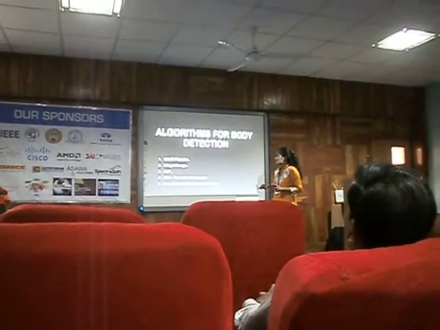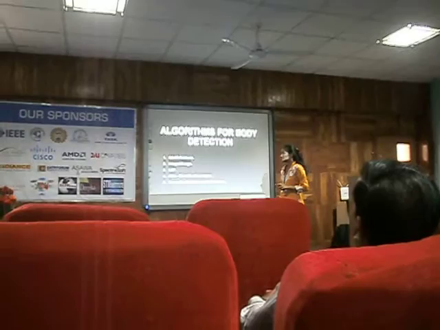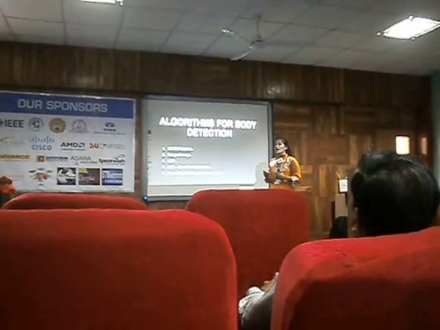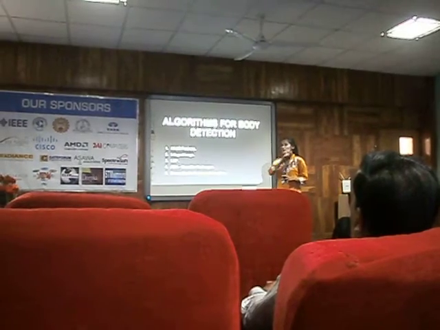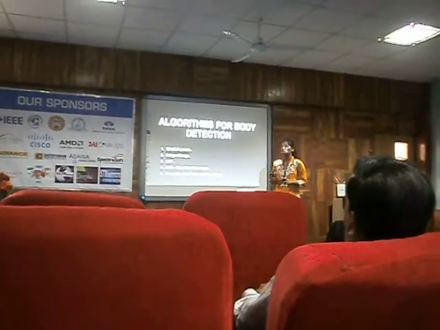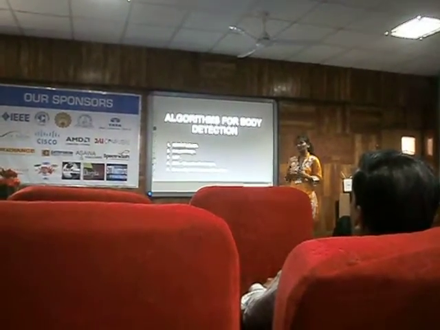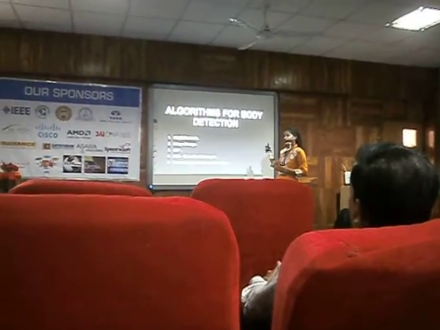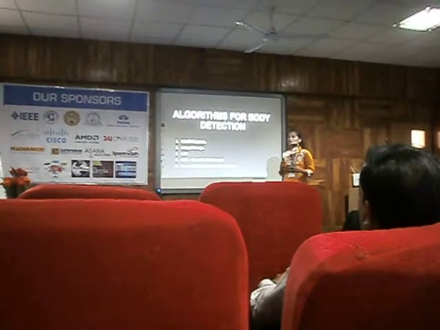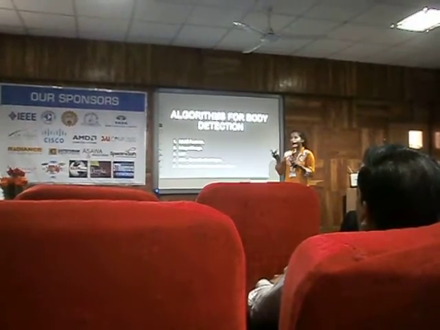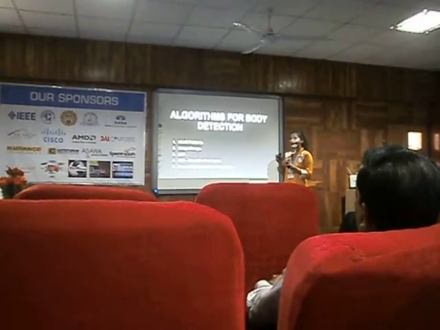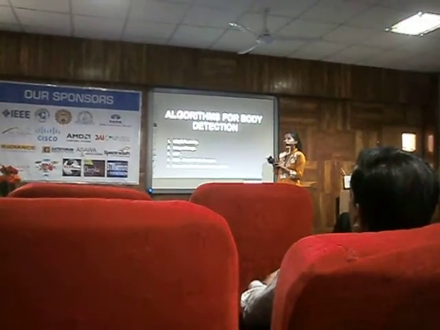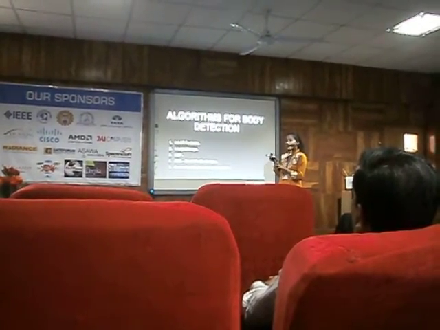Next is the algorithm for body detection. We apply the HAAR feature, and for every square box we have to evaluate this HAAR feature. So we have to evaluate every pixel, and it will take time. To overcome this, we use the integral image. In the integral image, we focus on the four corners of the region. We sum up all the pixels, and after that we map these values with the corner region.